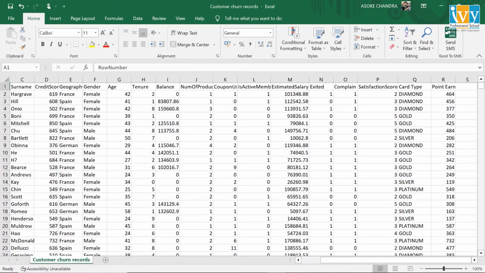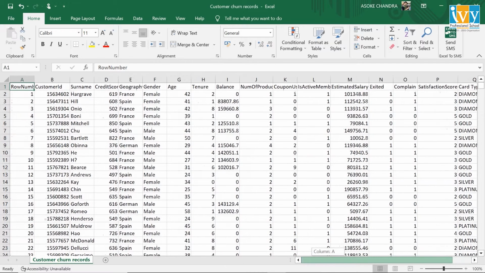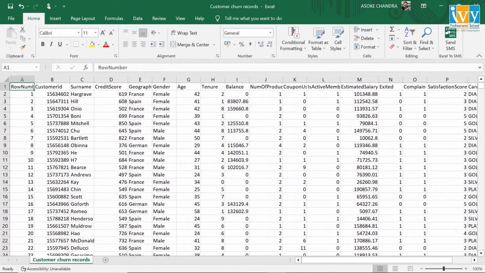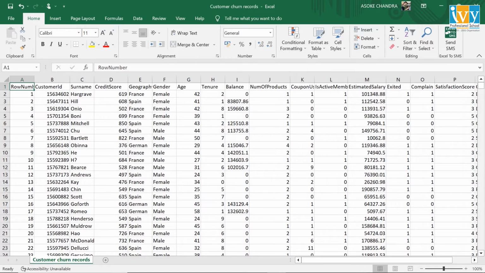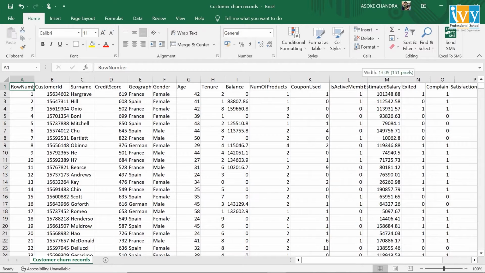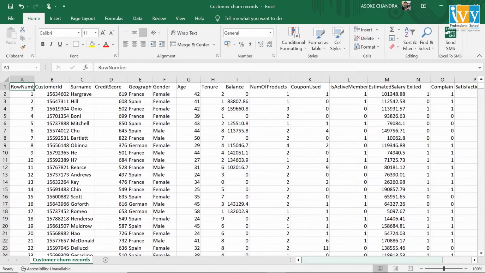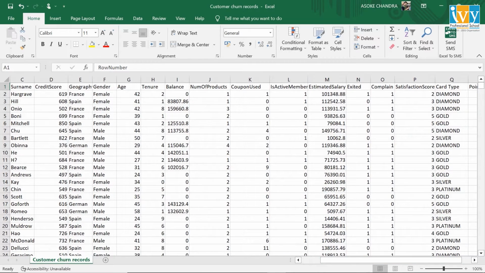Before proceeding further, I would like to show my data set. The name of the data set is Customer Churn Records and the data set is collected from Kaggle. It has a total of 18 columns, as we can see, including row number, customer ID, surname of the customers, credit score, geography, gender, age of the customer, tenure of the customer in the organization, outstanding balance of the customers, number of subscriptions, coupons used by the customers, is active member where 1 shows yes and 0 shows no, estimated salary of